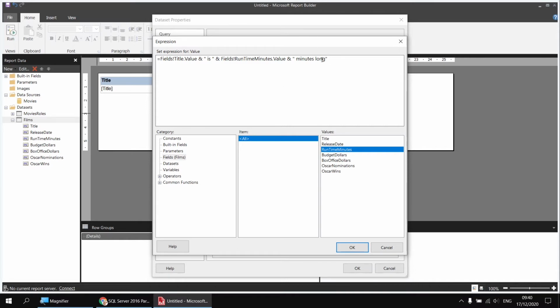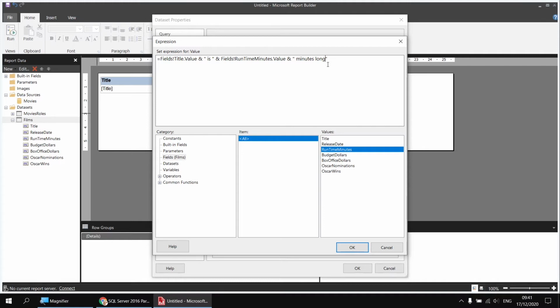Notice that I don't need a space at the end of this string because that represents the end of the sentence. There's no point including an extra space there. There's nothing that will appear afterwards. So just close the double quotes immediately after the word long. We can add punctuation if we like, we could add a full stop or whatever, but I'm going to leave